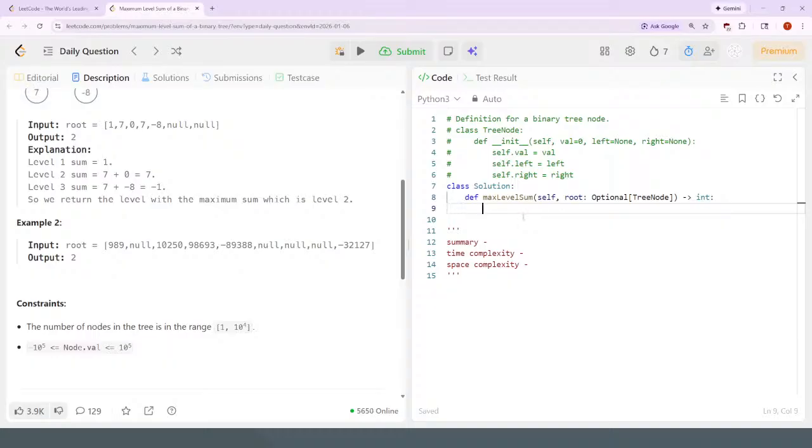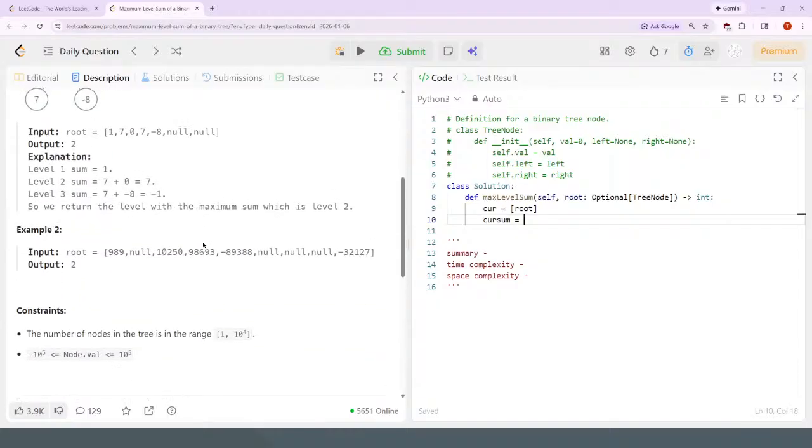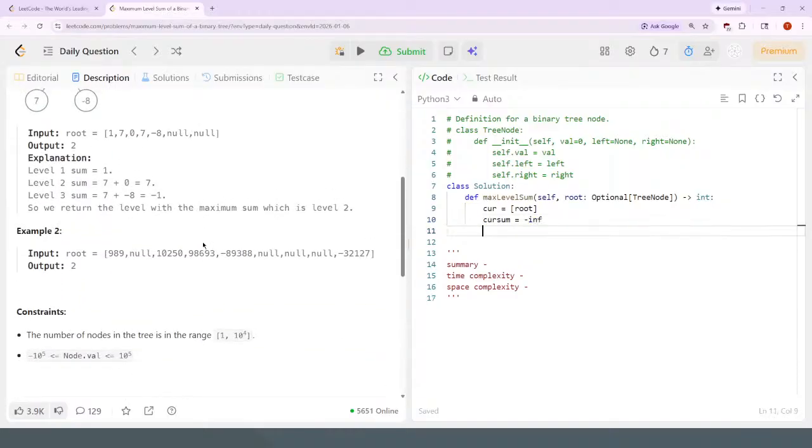So I think this should be something like the current array of nodes is just going to be the root. And then I'll say the current sum should be what? Maybe negative infinity. I'll store the max sum as, actually current sum should probably be 0. Max sum should be negative infinity. And then I'll iterate through,